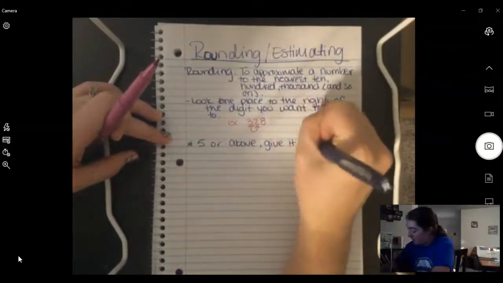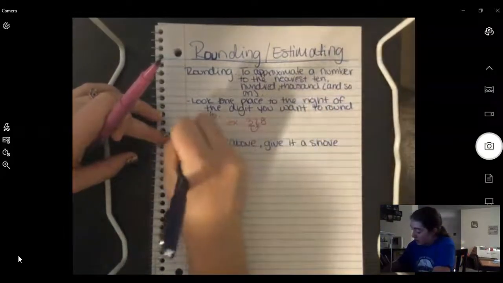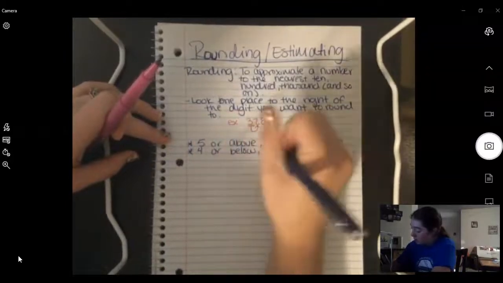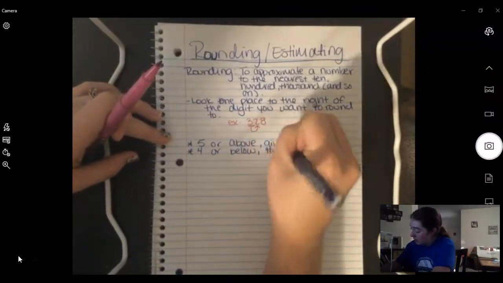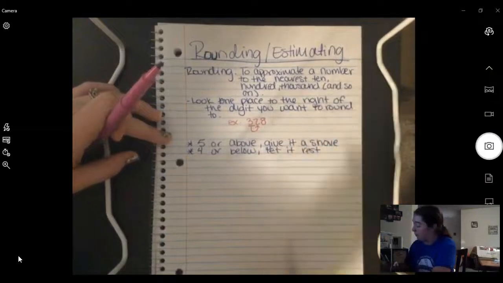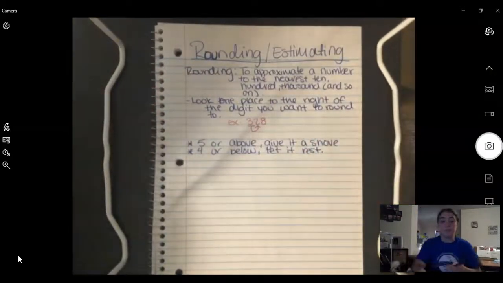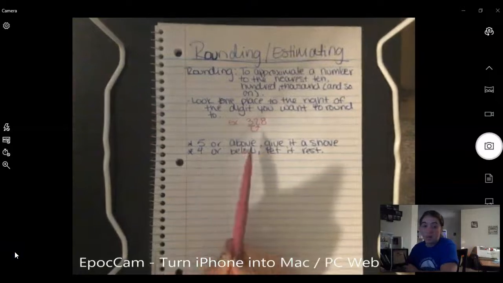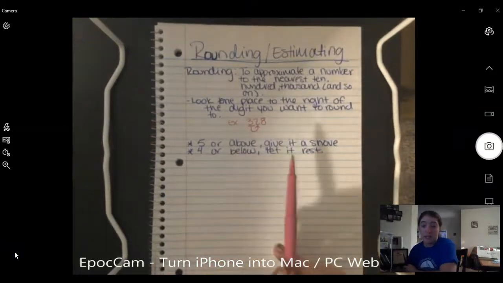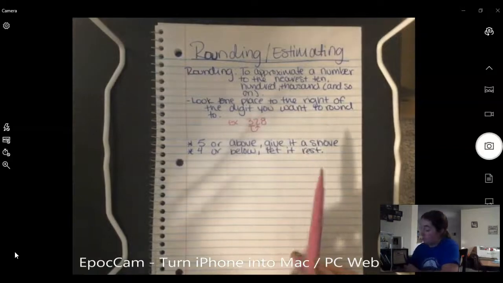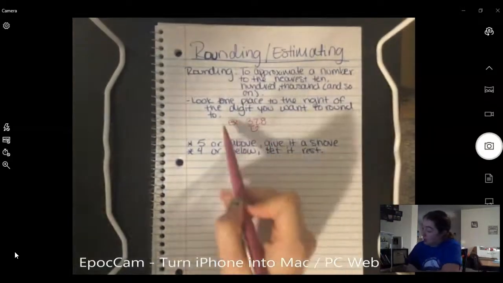And then if it's 4 or below, we let it rest. So 5 or above, give it a shove. 4 or below, let it rest. Okay? So if we look at our example,